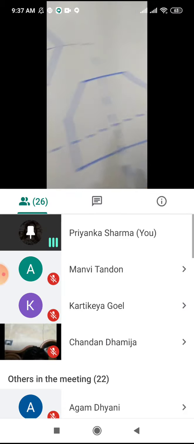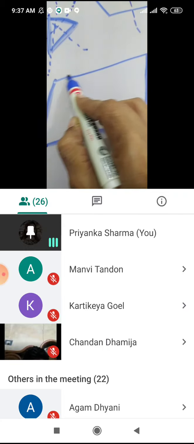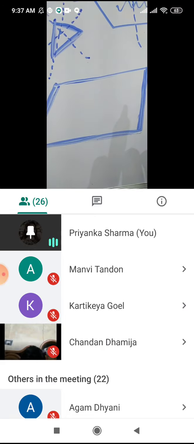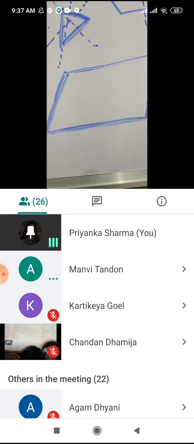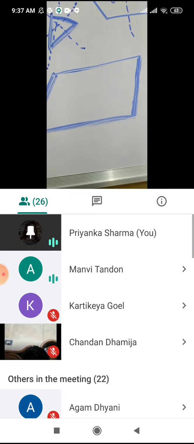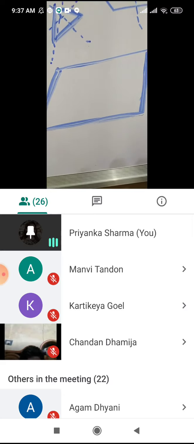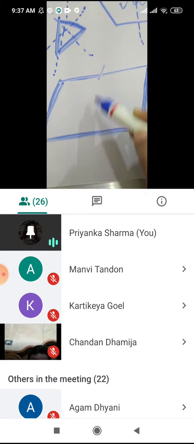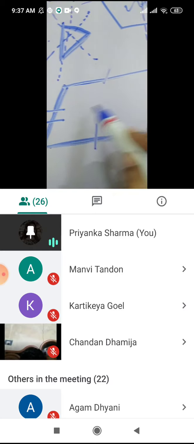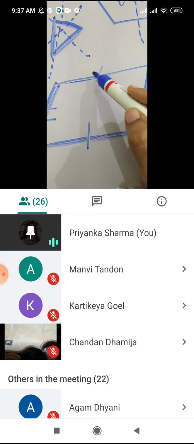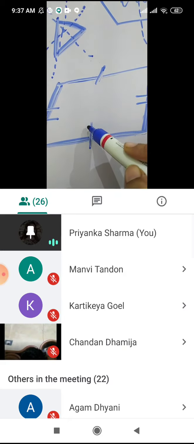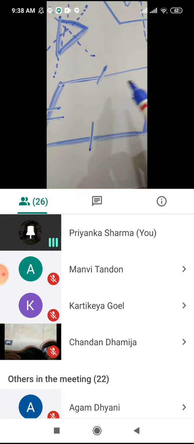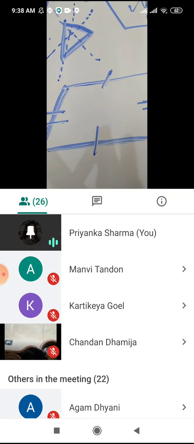The only thing is when we come to a parallelogram. Parallelogram is also a closed figure and it also has straight lines, but one rule is there in a parallelogram, that it does not have any line of symmetry. Why does it not have any line of symmetry? Because in a parallelogram, the opposite sides are equal, means this line will be equal to this line and this line will be equal to this line. That means all four lines are not equal to each other.